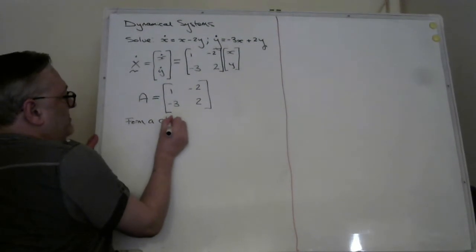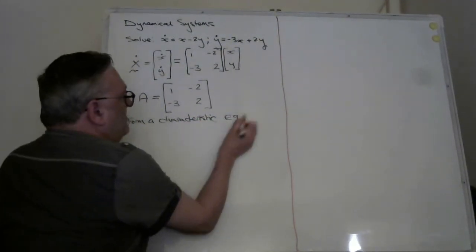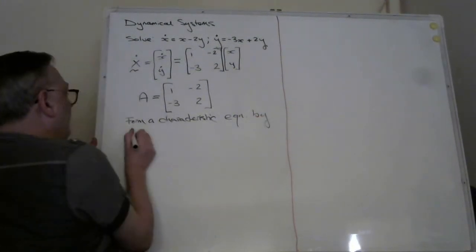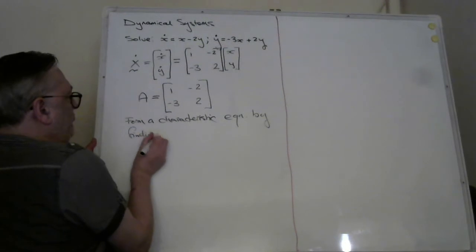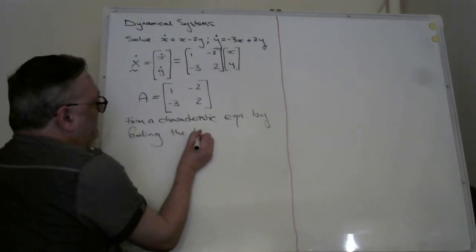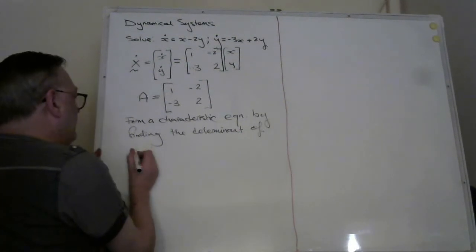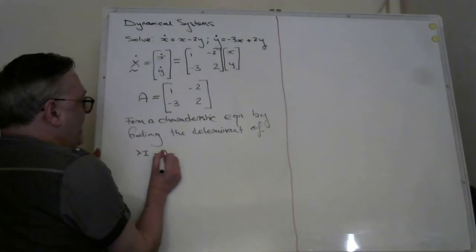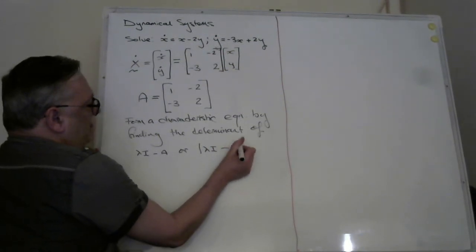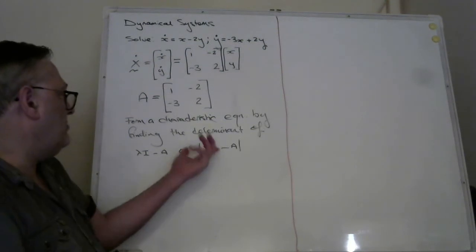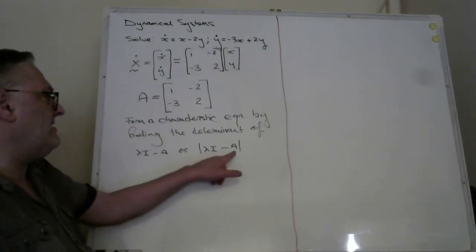a characteristic equation by finding the determinant of, I'm going to call it lambda I minus A, or we've put the modular signs in, lambda I minus A. Okay? Right, so if you remember back to the last video, I explained why I take this to be lambda I minus A. In